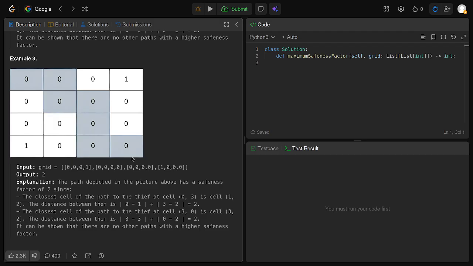So we want to try to find the answer with binary search, and at each point we just check if we use only cells that have value at least this, can we get here? If yes, then we check that value or higher. If not, we have to check a smaller value. First we have to run like